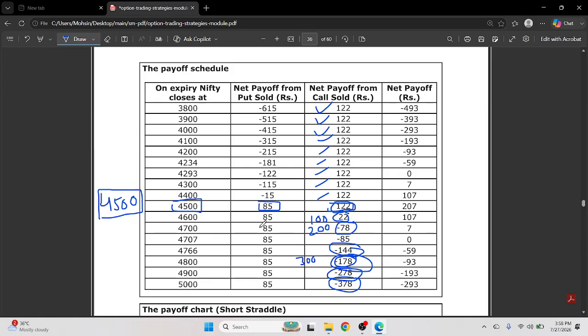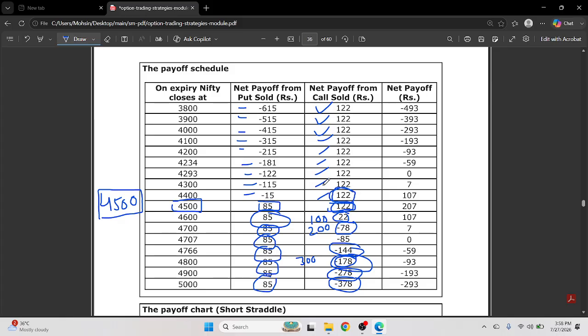Same thing, if you sold this call option or put option of 4500, and if the market remains above this level, then you receive the premium of 85 points. But if the market is closing below your level, then you'll start making unlimited loss. Now you can see the market is going below your level and you start getting the loss. And because we have received only 120 points to hedge, it will protect you up to the 122